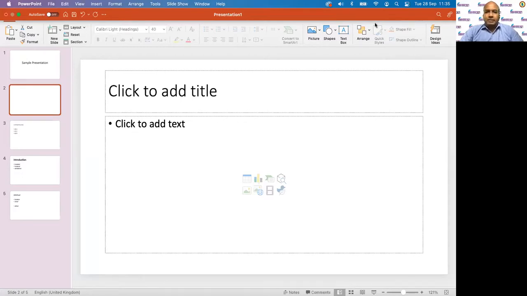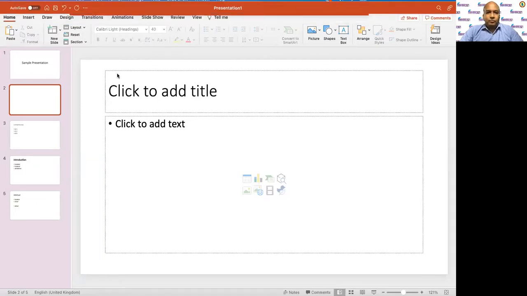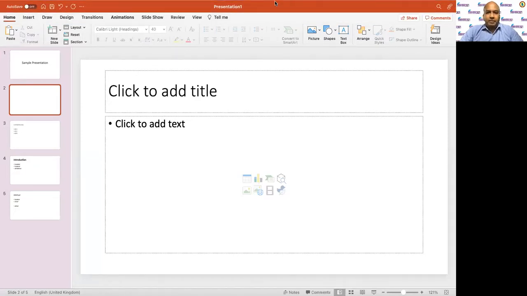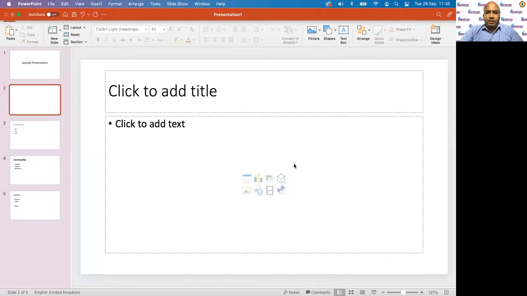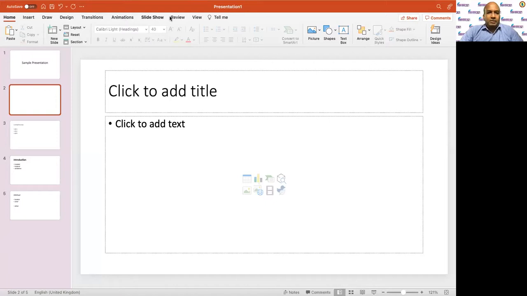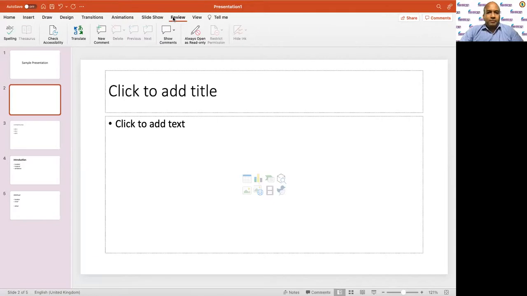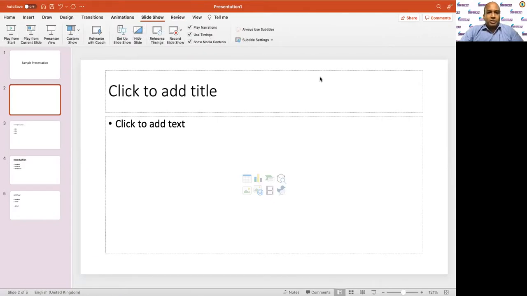Okay. The second thing I just want to show was the review pane. When I say review pane, sorry, this menu is blocking, right? In the PowerPoint, you see that there is an option called review, right? When you click on the review, sorry, not review, slideshow. So slideshow option. In the slideshow option, as you move in, you note that there are several options that we can use to